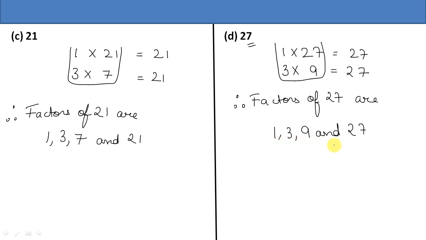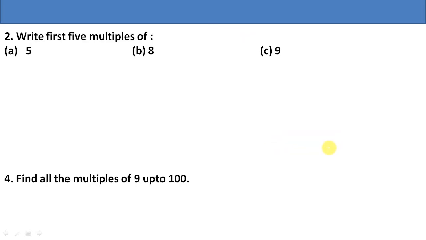Now let's see question number 2. Write first 5 multiples of the given numbers. You have to write down the first 5. तो आप any 5 नहीं लिख सकते हो. You have to write down the first 5. So you will write down the statement here for the A part. First 5 multiples